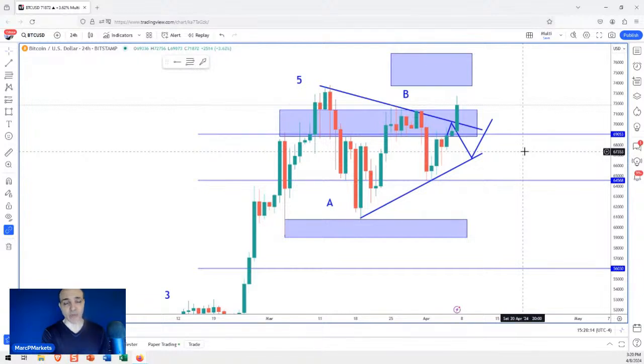An important point that I always make when I do my analysis and write my analysis is that our goal here is not to tell the future. Our goal is to get a sense of what is probable, and then prepare for the market to confirm or not. If the market does not confirm, then we adjust. It's our job to adjust, not the market. The market knows everything. The market does whatever it wants, whenever it wants, and it can defy logic. It's our job to use the information that's available to get a sense of what is more probable.